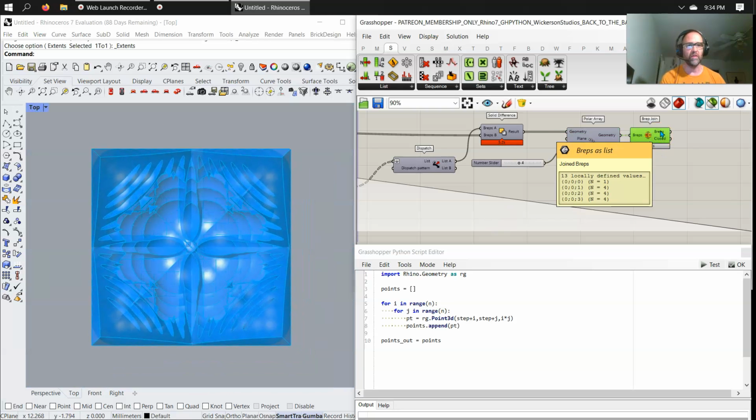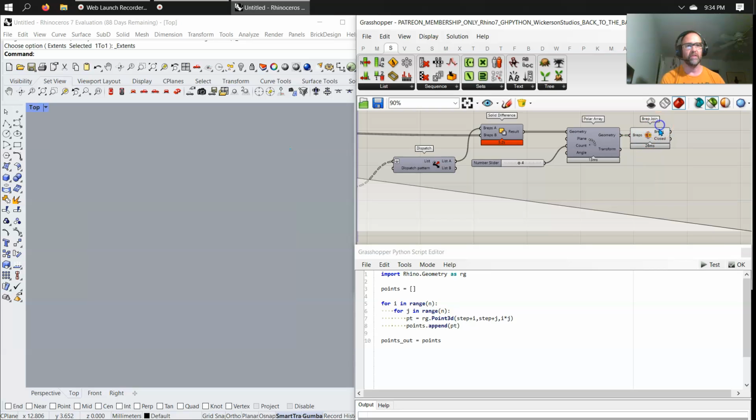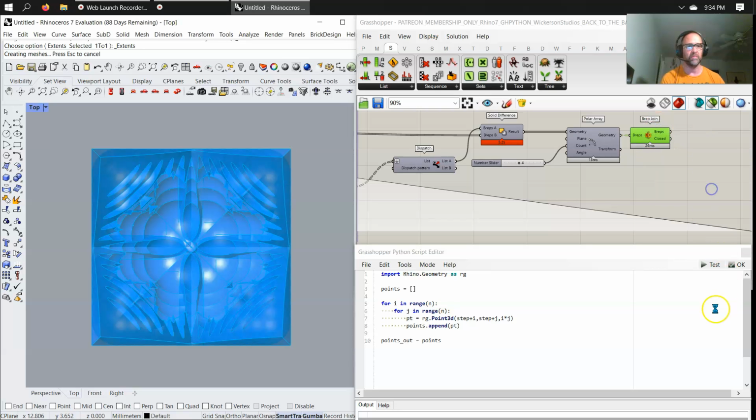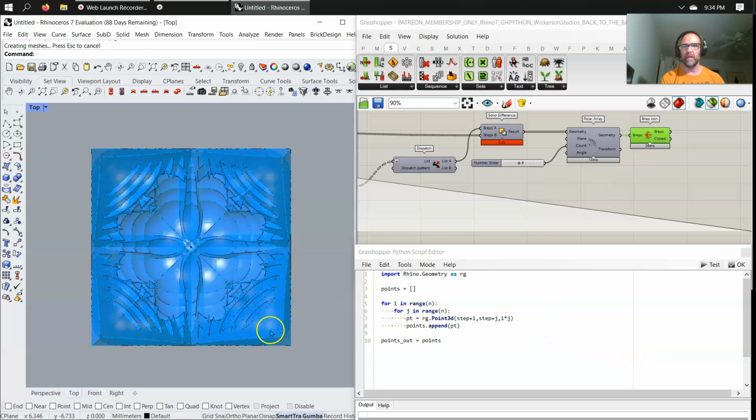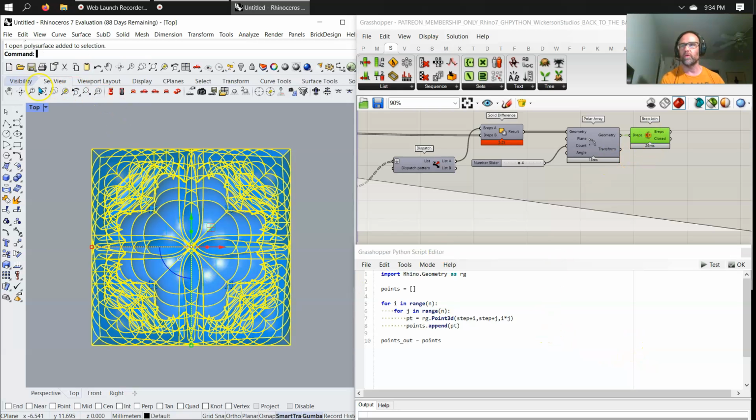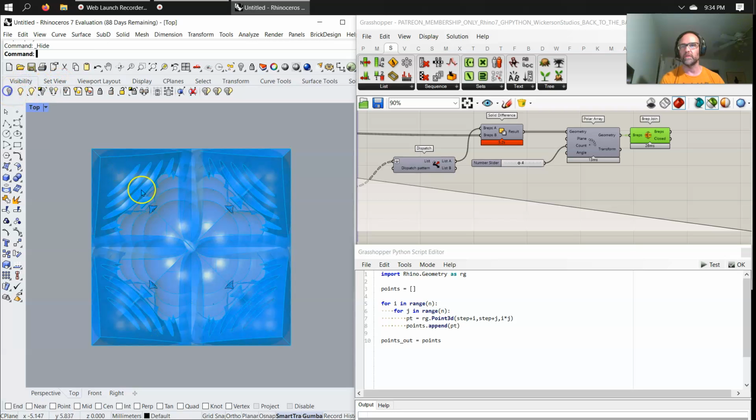Bring that together, and you've got your breps, and obviously there are floating little nuggets. So if I bake that one, I think you'll see what happens. Let's bake it, and we won't group it. It'll just take a second to run, and there it is. So I can grab the main form and throw that into maybe visibility hidden,